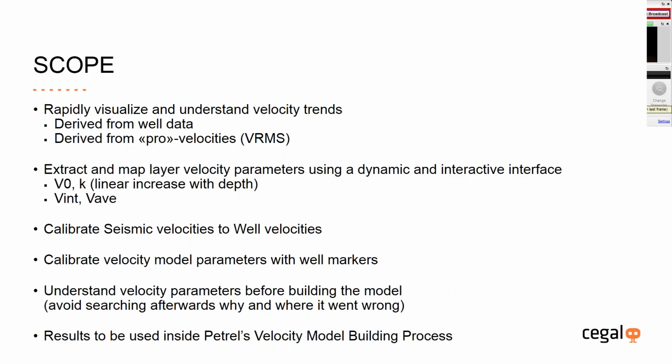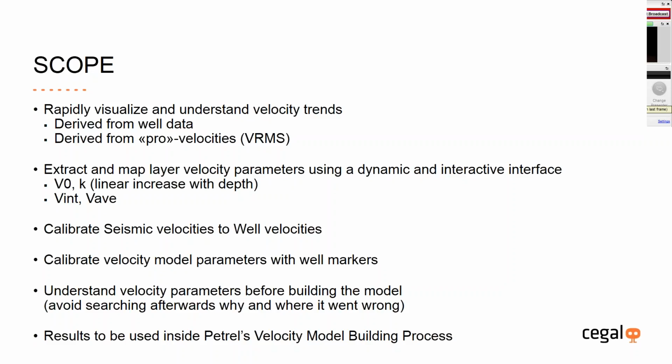Maybe it looks good, but when you start looking at the details, you may realize that velocities don't look as realistic as they should. In this application, everything comes right away to the front, and you have a direct way to assess the situation. All the results that we produce can be used and shared, if you want, directly within the existing Petrel velocity